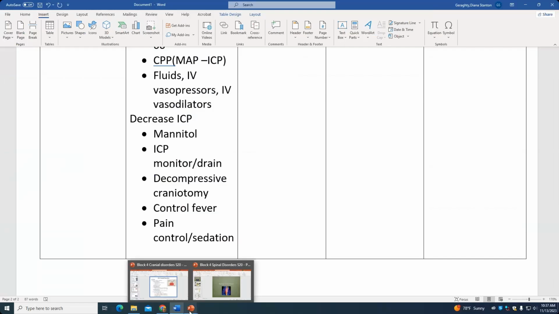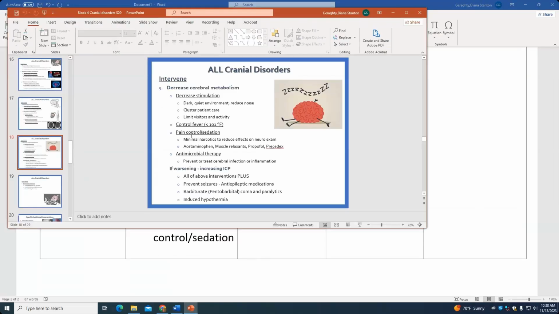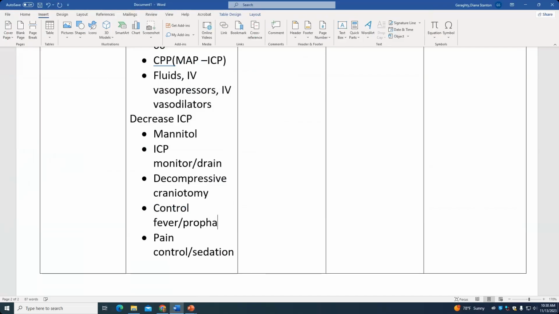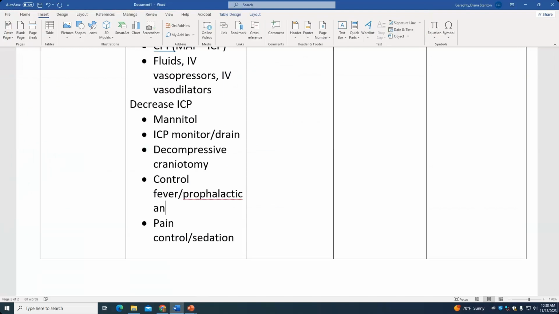But some of these patients do have ICPs of 20. So it is appropriate to heavily sedate them because you can't keep their ICP under control any other way. So yeah, we have fever, pain control, sedation, and antibiotics. Okay. Antibiotics are on because we don't want the brain to have to deal with anything. So I'm going to put that with control fever and prophylactic antibiotic. Mostly because we just don't want the brain to have to deal with any fevers or sepsis or